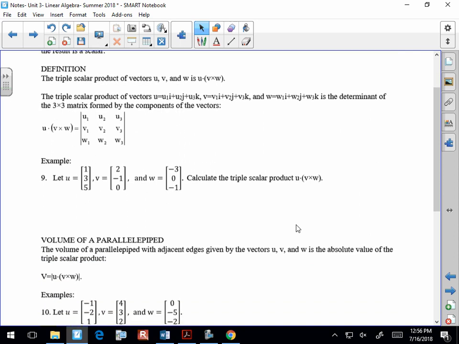So, you can go through the process. If I'm looking for U dot V cross W, then you can find the cross product of V and W, get that result, and then dot it with whatever the U is. But a nifty little shortcut for that would be to determine the determinant of the 3 by 3 matrix that makes up your